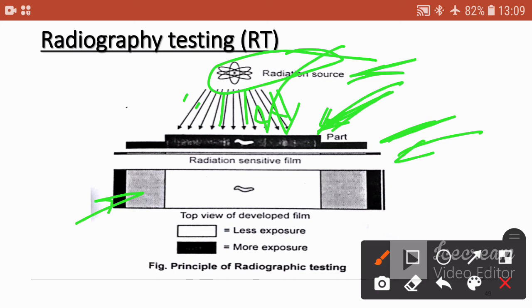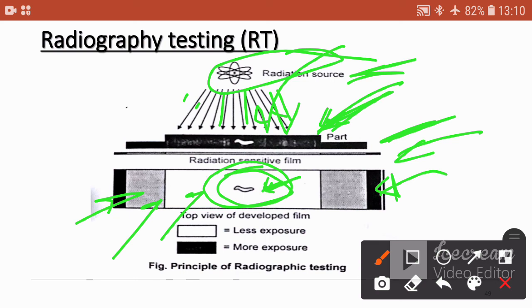When the radiation falls directly on the film, you will get a very dark region, and if the radiation does not fall directly, then you will see a lighter portion, meaning in this portion very less radiation is observed. And if there is a lower density or a crack in between, or some such defect, you can see such a variation in the radiation exposure.